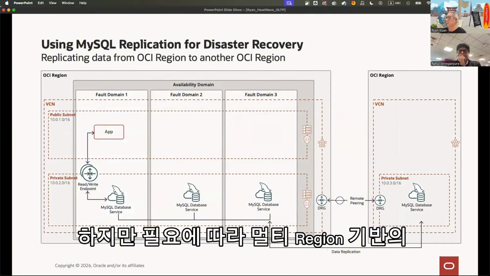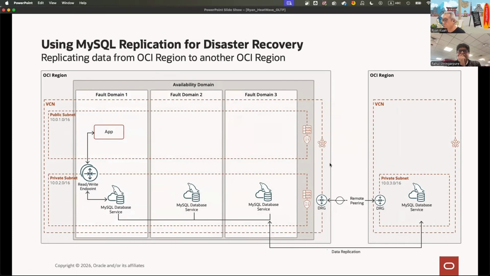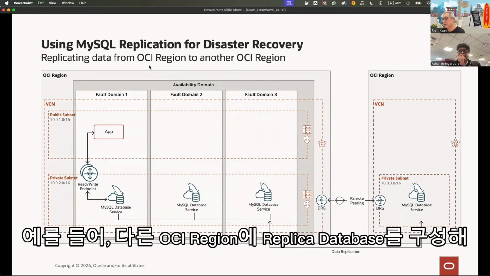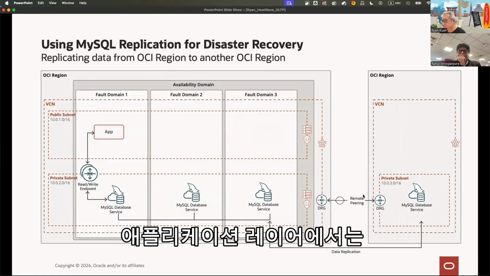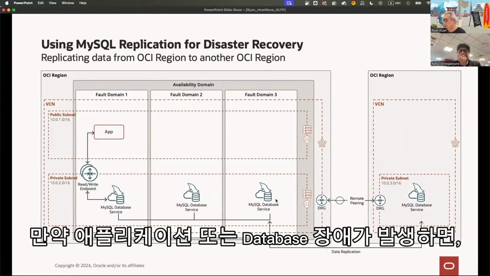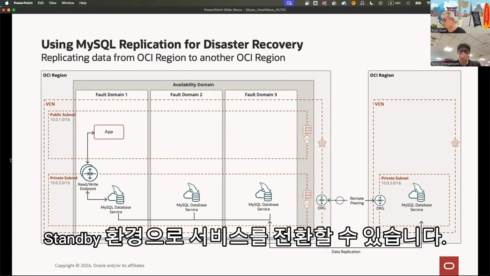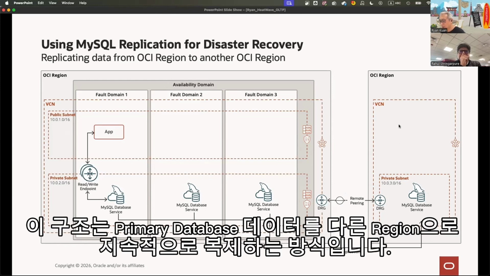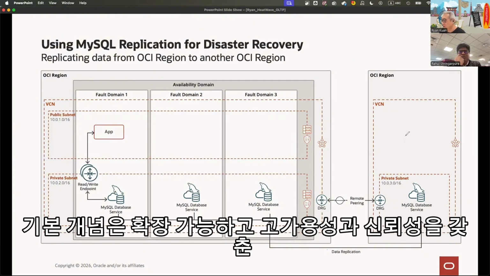You can also build a multi-region type of solution where you have a backup of a database in another region, in case you want to load balance or fail over your application. If any one of the application or database is down, you could build another region with replication from your main database to the other region. Here I don't really have the full stack, but essentially you can build a highly scalable, reliable application